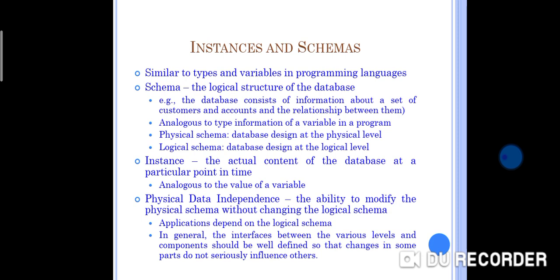Then we go for instances. The design of the database at the physical level is called the physical schema. It describes how the data should be stored in blocks of storage. The design of the database in a logical view is called a logical schema. Programmers and database administrators work at this level also.